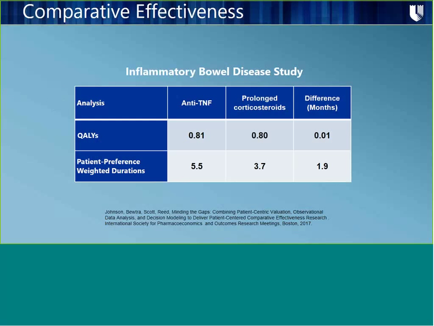I thought I had fixed the slide. Actually, the QALYs are in years, because 0.81 makes no sense as months. But the patient preference weighted durations are in months. So you can multiply the 0.01 times 12, which gives us 0.12 for the difference in QALYs versus 1.9 for patient preference weighted durations